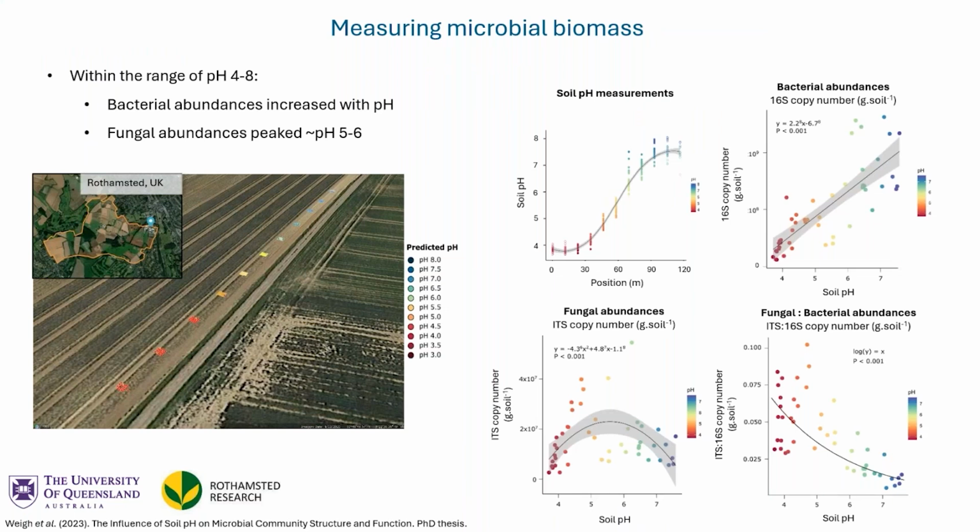Alternatives for quantifying microbial biomass include microbial biomass carbon, which is rapid and simple, but it cannot distinguish between biomass associated with bacteria or fungi. And then there's PLFA analysis, phospholipid fatty acid analysis, which is a gold standard in research, and it uses the cell wall lipids as biomarkers to reliably measure total bacterial and fungal biomass.